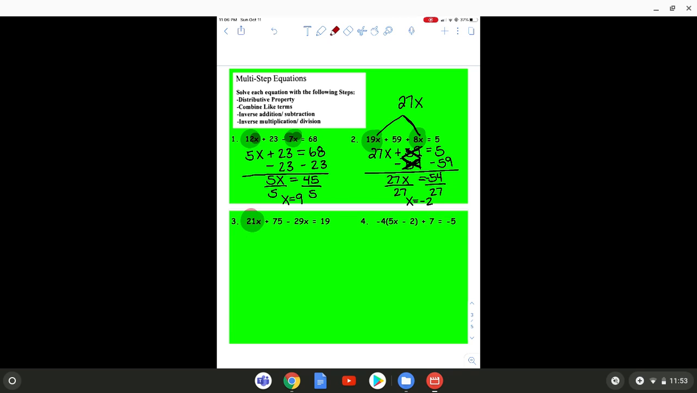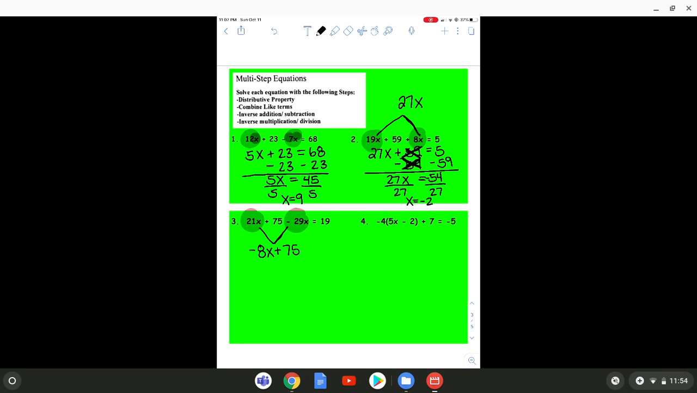So here I'm going to start. I see I've got 21x. I'm going to look and see if I have anything else. I've got a negative 29x. So I have like terms. I'm going to combine those together. So 21 plus negative 29 is going to give me negative 8x. So I have negative 8x now plus 75